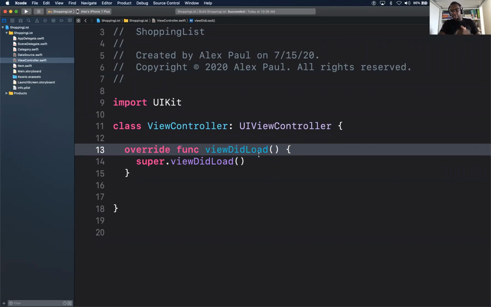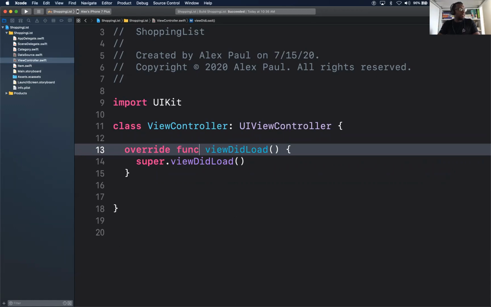But viewDidAppear says, hey, my table view is on screen. My table view has been loaded. Go ahead and do the animation. Okay? viewDidLoad is not on screen yet, right? viewDidAppear says my view controller is on screen now, you can go ahead and do what you want to do. Everybody with me? Yep. All right.